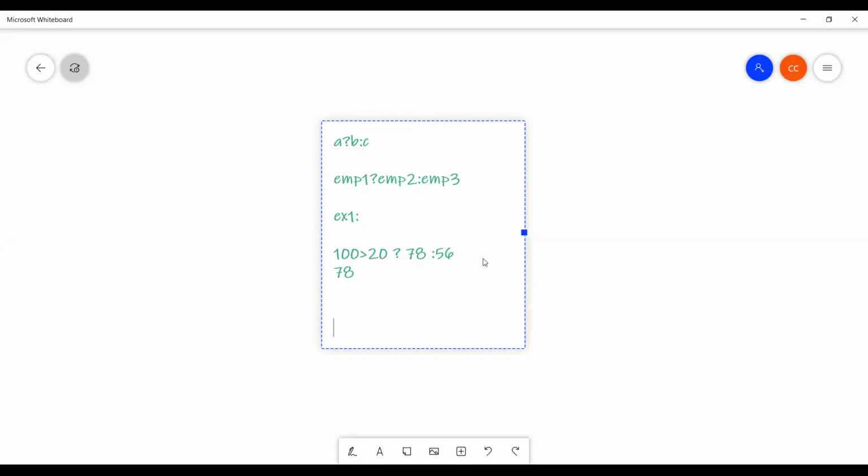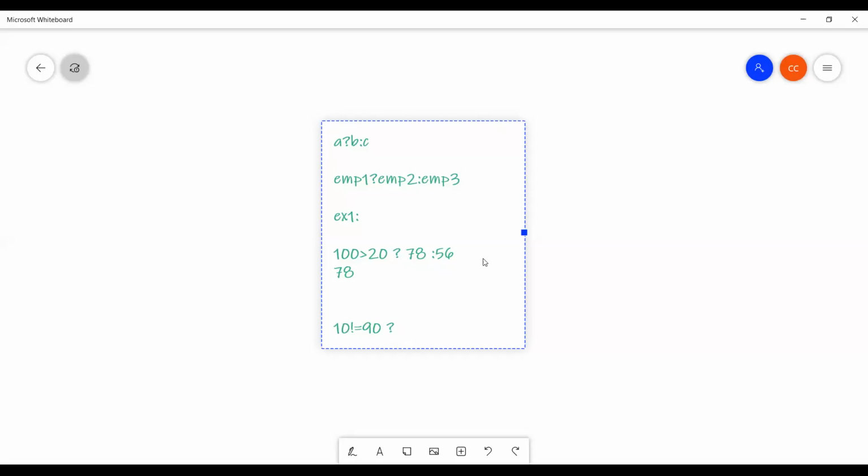I will take one more example. Suppose 10 not equal to 90 greater than 59. Okay, I will take a very simple example first.